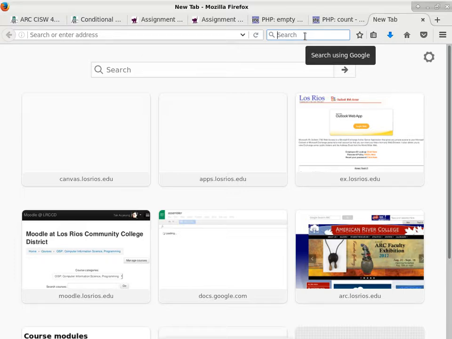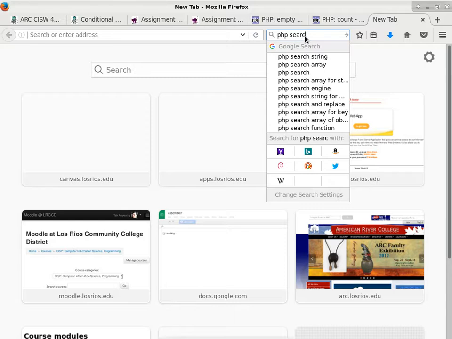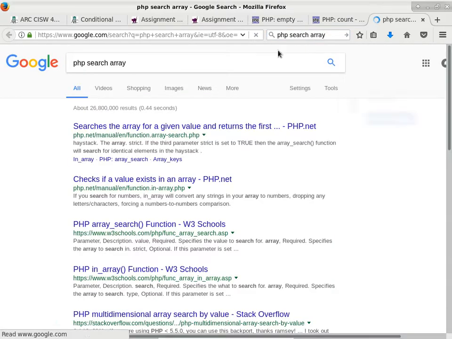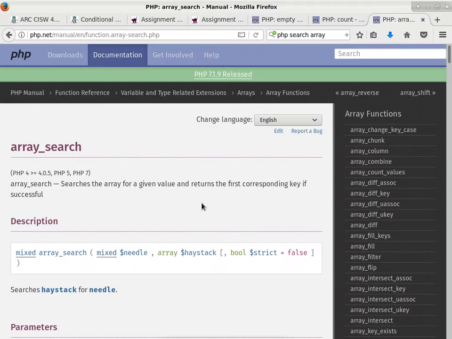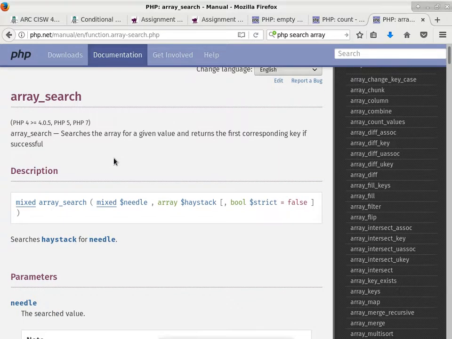Okay. So you have PHP search array. Search an array for a given value and return the first occurrence. It has a particular function just to do that. So array_search would do it for you. Search the array for a given value and returns the first corresponding key if successful. Okay. So it looks like it only works in key value pairs,